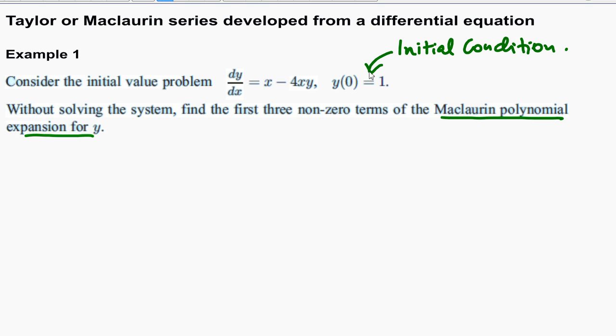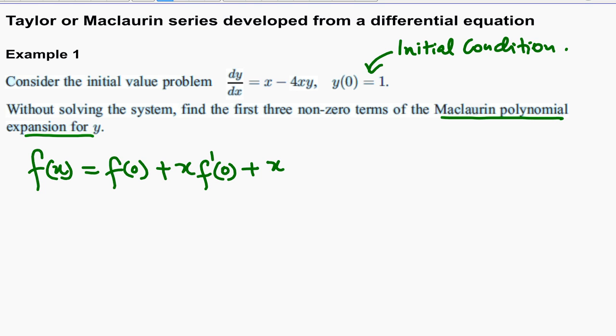So what we need to do here is first start by writing down the formula, the Maclaurin series expansion that is available in our formula booklet. You don't have to memorize this. It's in your formula booklet. So the Maclaurin series expansion is given below. f of x is equal to f of 0 plus x f dash 0 plus x squared over 2 factorial